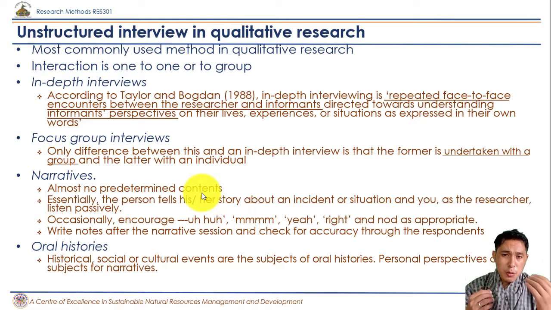So you just have to ask one question, and the respondents will just be saying their views and perception, and you just have to note down continuously. So that's narrative. And your role